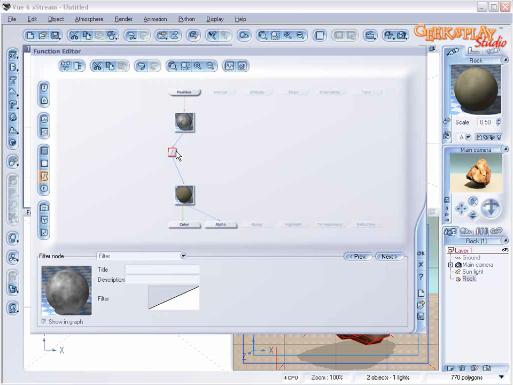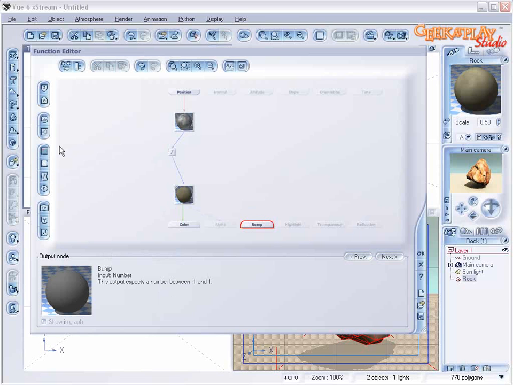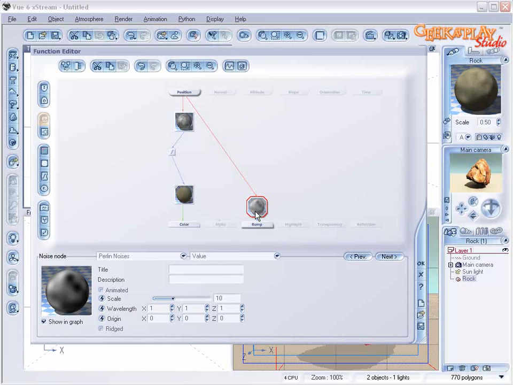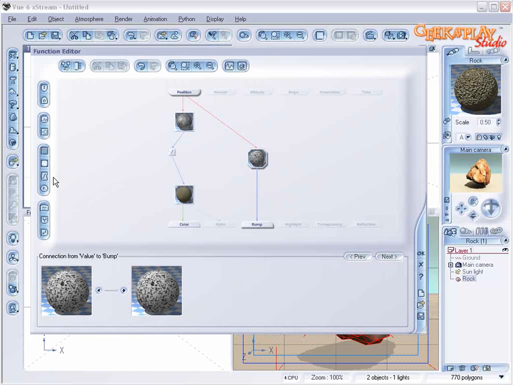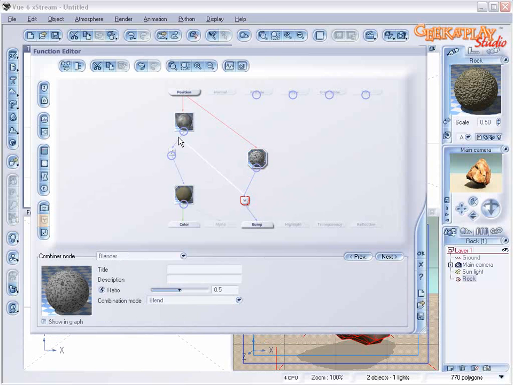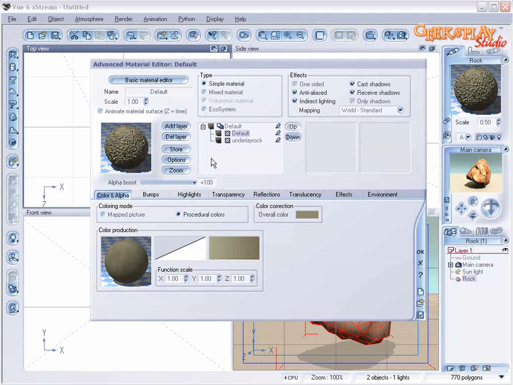And let's go to bump and add a noise node. And let's check rigid and scale it down a little bit, make it more spotted. Let's click on our link and add a combiner, and let's blend that to our color distribution. So this is what we'll have. Okay, let's go over here to the object parametric and scale down quite a bit. You'll see how that